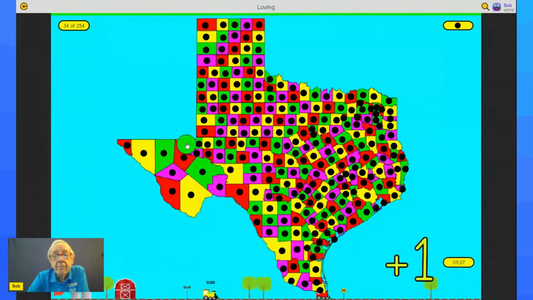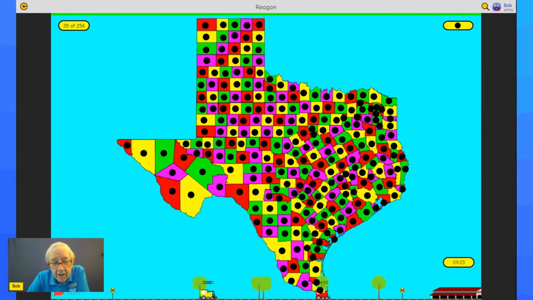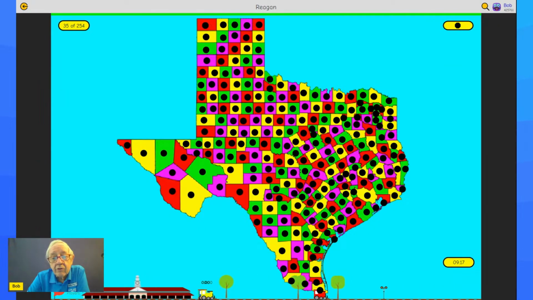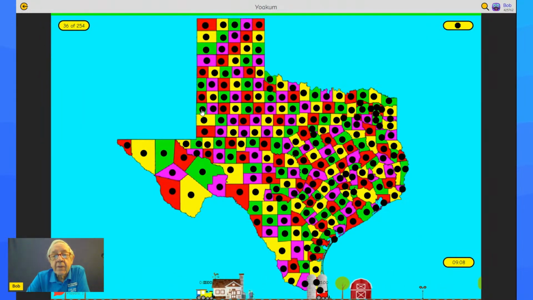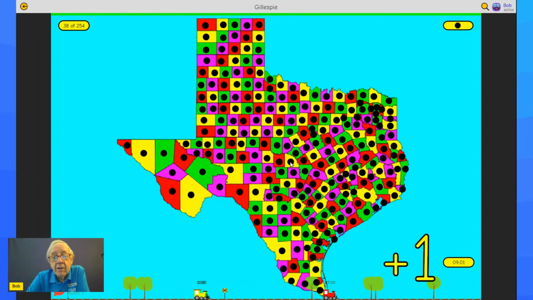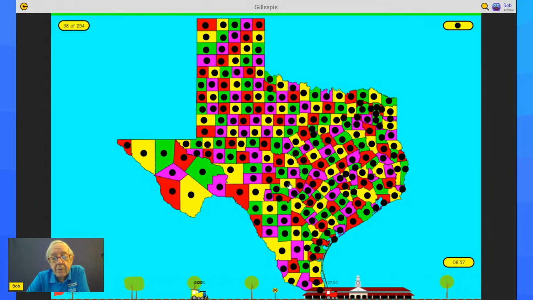Loving County, Reagan County. Here's the other interesting thing. There are a lot of counties that share names with presidents. But Reagan County was created long before Ronald Reagan was president. And this is Reagan. This is Yoakum, San Saba. San Saba is kind of a cool county. I mean, the shape to me is San Saba. Gillespie. This would be Gillespie,